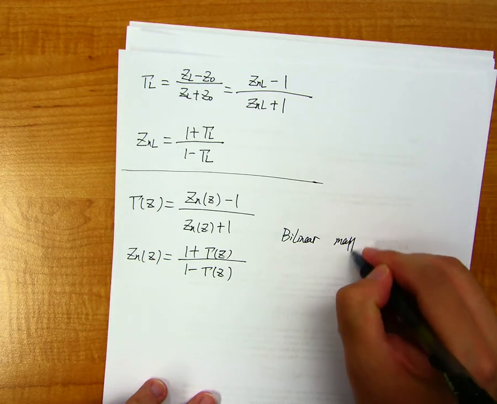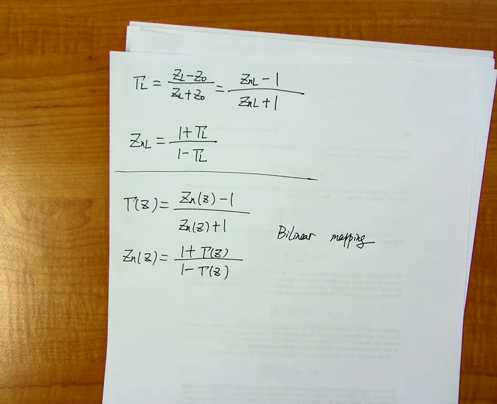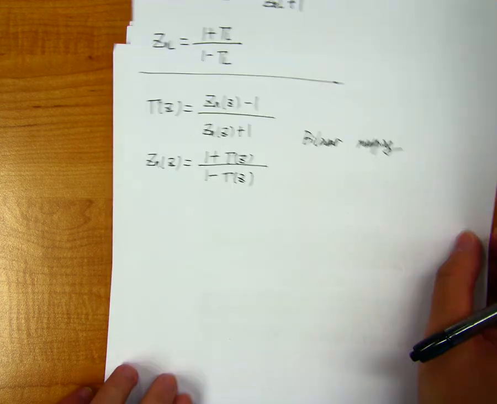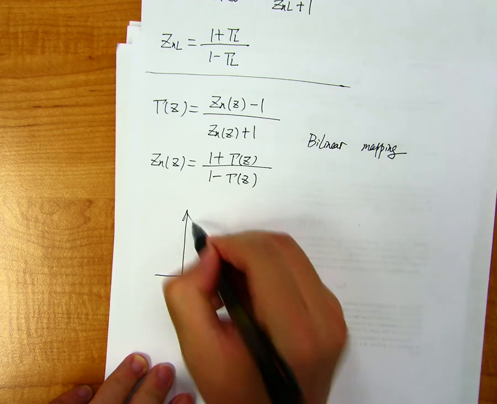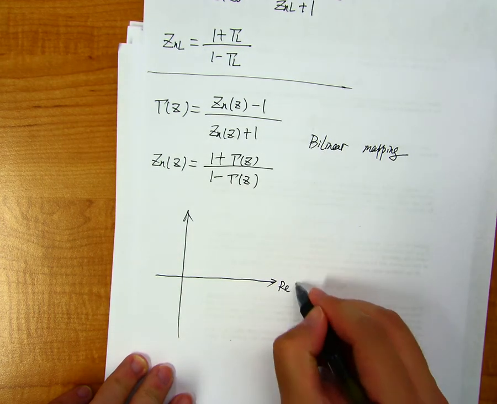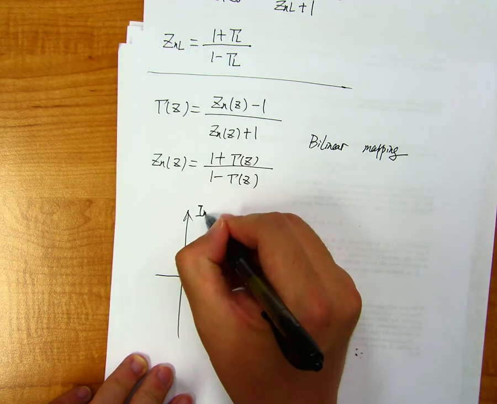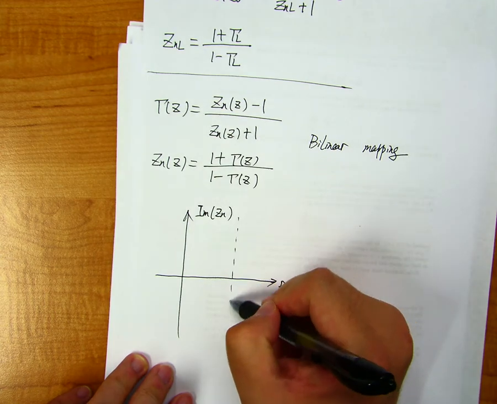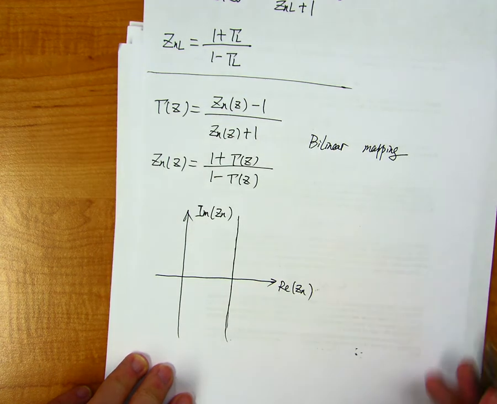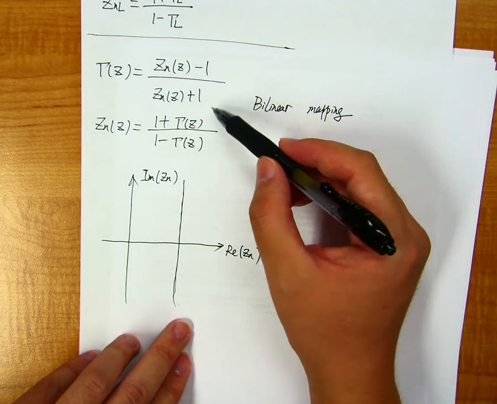And in complex function analysis, they form a conformal mapping, which means if I have a z-plane, suppose this is real Z_n, this is the imaginary part of Z_n, and I have a straight line here with a fixed real part of Z_n,